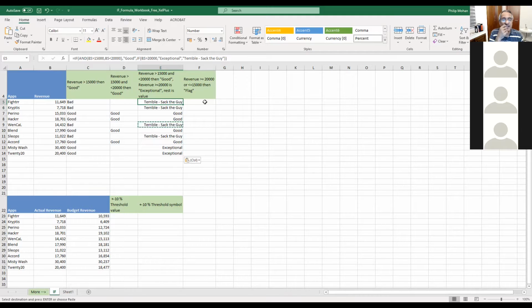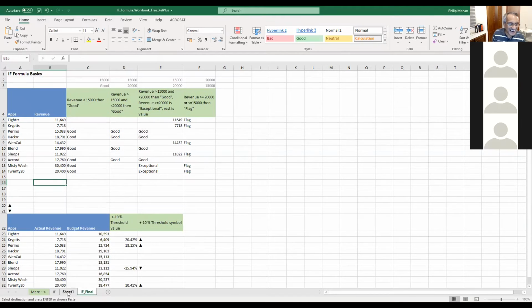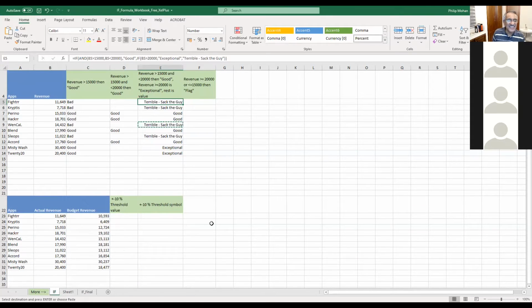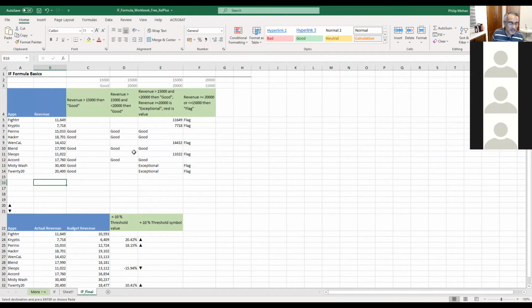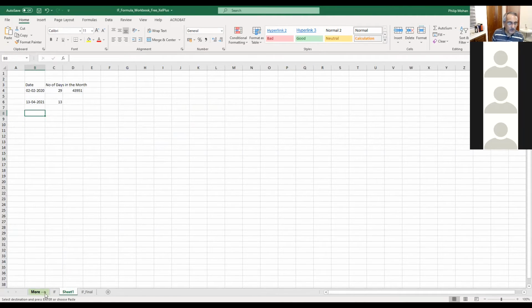Basically, what we want to say is we want to give it a kind of... oh, hang on. Let me just see, because I hid a sheet so that you guys wouldn't see it. Oh, it just says flag. Never mind. You can unhide the sheet, by the way, by clicking anywhere on the sheet tabs on the right hand side. If there's any hidden sheet, you will have this option, not grayed out, and you can click it. I hid the sheet because she's got all the answers there. But we worked on our own pretty well till now.